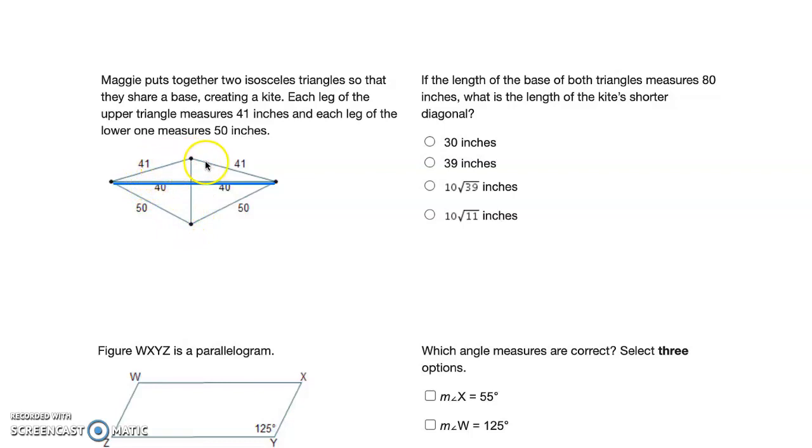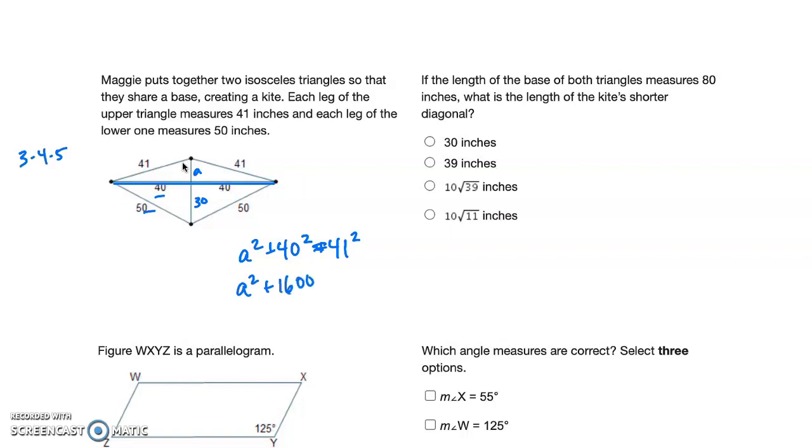So we're just going to be using our Pythagorean theorem or what we know about 3, 4, 5 right triangles, because I can see 40, 50, so I know that's going to be 30, because those are all multiples of 10. You can use your Pythagorean theorem to put that in, but I know that one's 30. Then the other one I can say, we'll call this A squared plus 40 squared equals 41 squared. So A squared plus